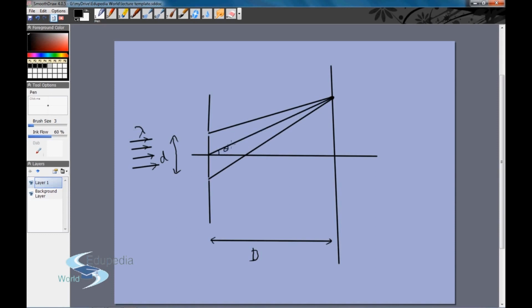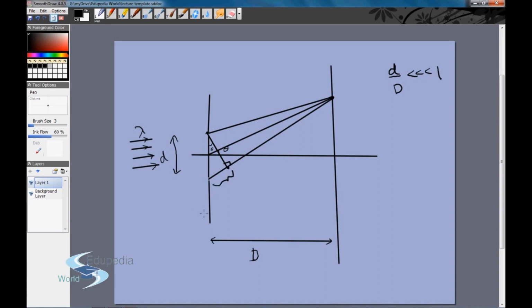Let's say this is theta. By the way, another assumption in the YDSE is that d by D is much smaller than 1, which means the slit width is much smaller compared to the distance. The distance between this screen and this screen is very large. And we'll also draw a perpendicular from this side here. If this is theta, we can assume that these three angles are theta and this is theta as well. This angle is also almost theta, because this is very far away. So we can assume that these two points are equidistant from this point, which means the phase difference is only